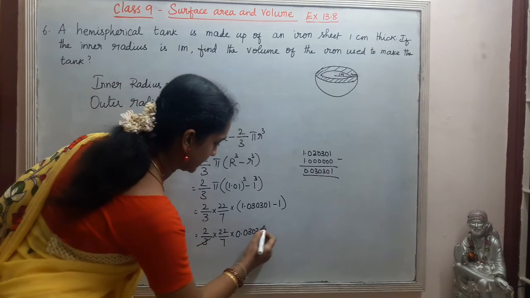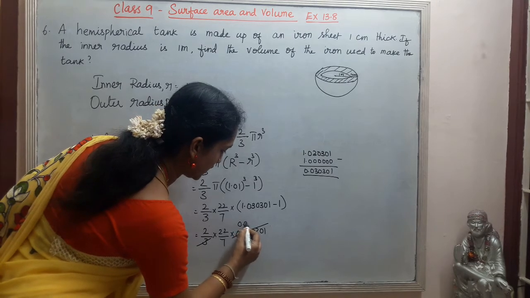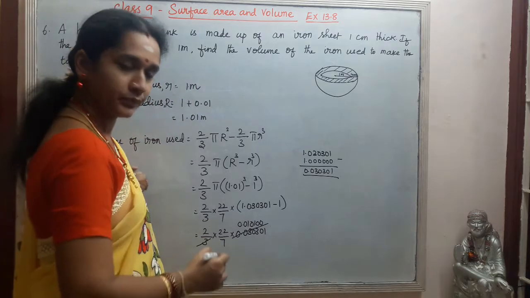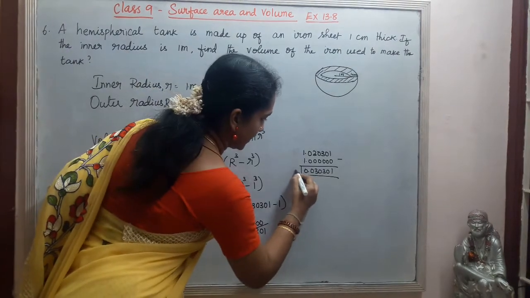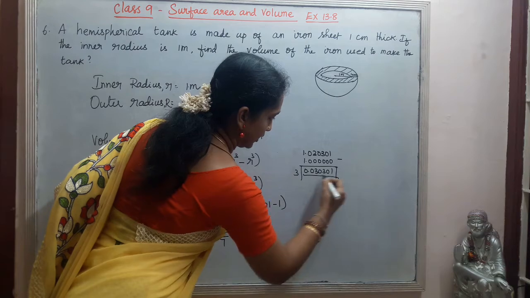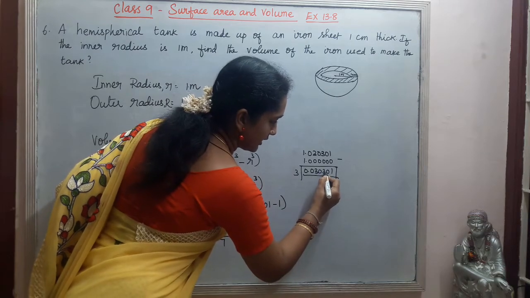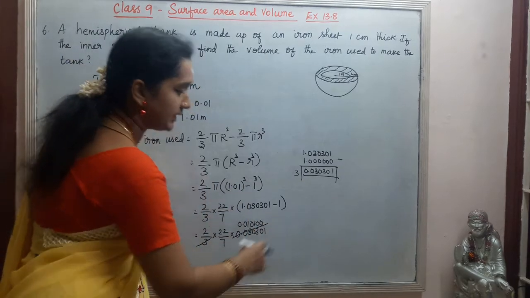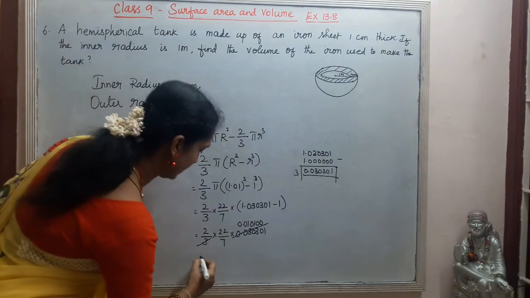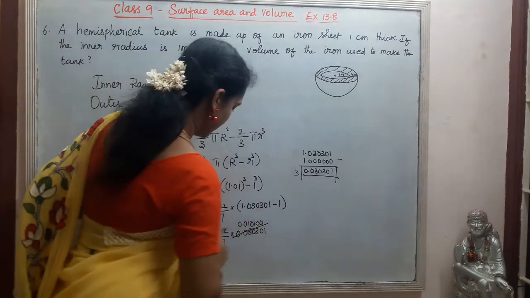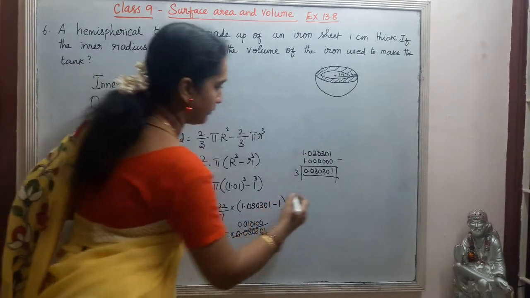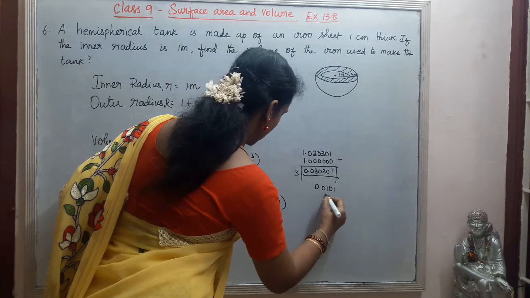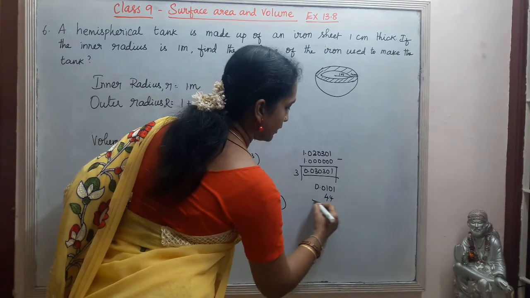Okay, so now this one we will simplify. When we cancel this, we will get 0.010100. When we are dividing it by 3, we will get like that only. Only this 3 and this 3 will be there. After that zeros, then further we may be getting 3 and all. So we will leave that. So this one is 44. 2 into 22 is 44. So 0.0101 into 00 only, then we will leave that 44.